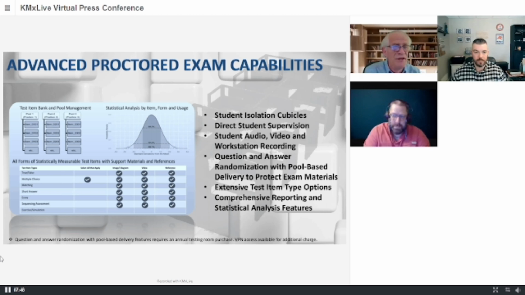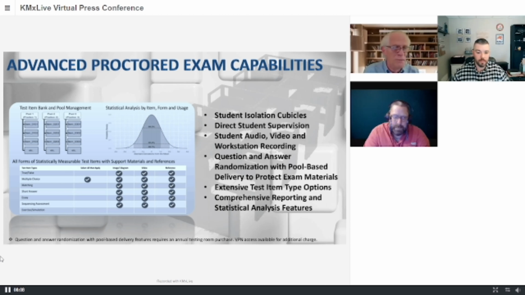And what we wanted to do was create the exact environment that you would expect from any testing center. Now, when a student comes into a testing center, they're normally isolated into cubicles. They may have headsets put on just to make sure that they're not bothered by noise, or that somebody isn't shouting out the answer to question number 3.